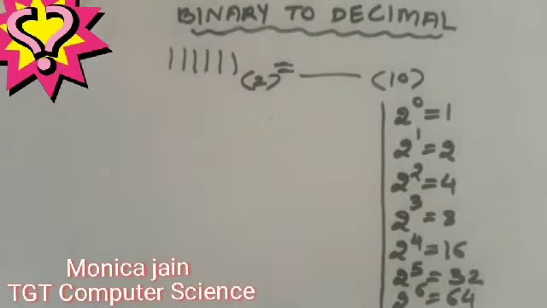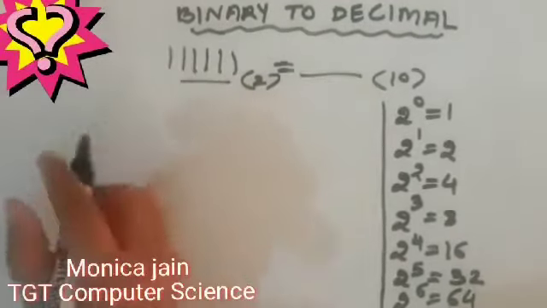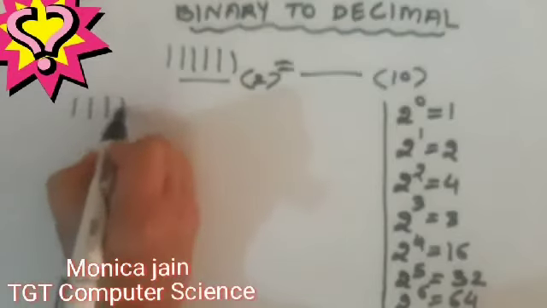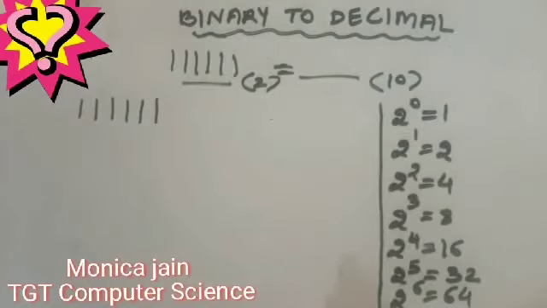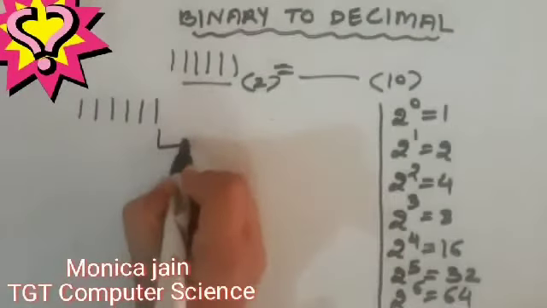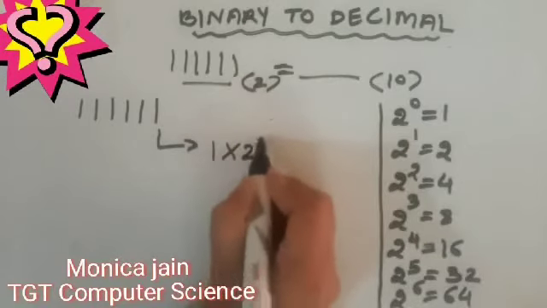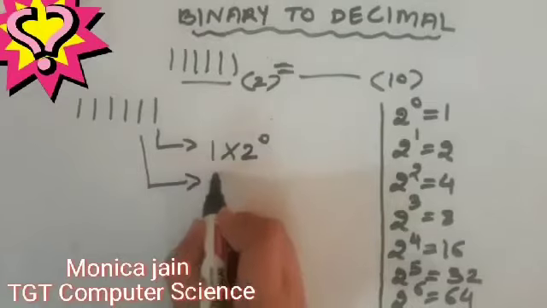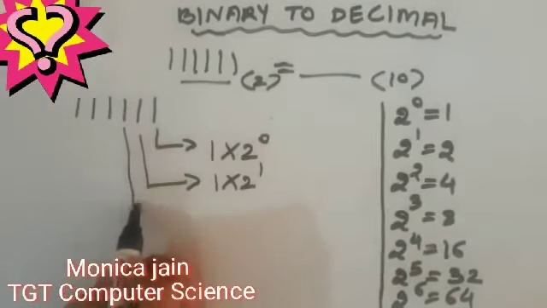So beforehand I have written on the right side the weights of 2 and their equal values. So 2 raised to 0 is 1, 2 raised to 1 is 2, 2 square 4, 2 cube 8, 2 raised to 4 16, 2 raised to 5 32 and 2 raised to 6 64 and so on. So first what we will do is we will note down the given binary number and start noting the weight from right to left and multiplying the digit with the weight.